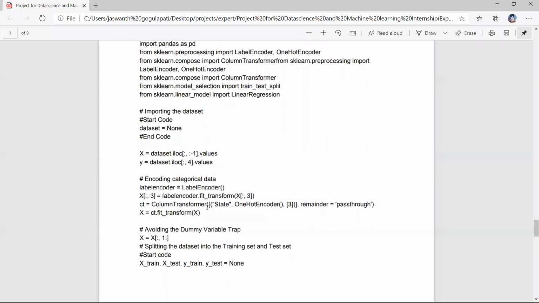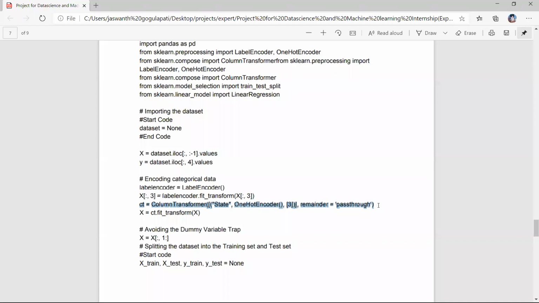Next, we'll divide this, meaning all zeros in one column, all ones in one column, all twos in one column. This is called a one hot encoder. In state we'll have the values 0, 1, 2. After completing the column transformer step, we'll divide the single column into three columns.